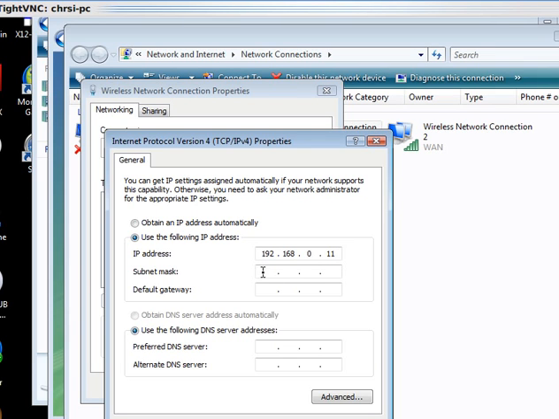And then the subnet mask, if you click in it, it's automatically going to put the 255.255.255.0, which is adequate for this usage. And the default gateway is going to be .1, in other words 192.168.0.1. For DNS server address, you put 192.168.0.1, and then